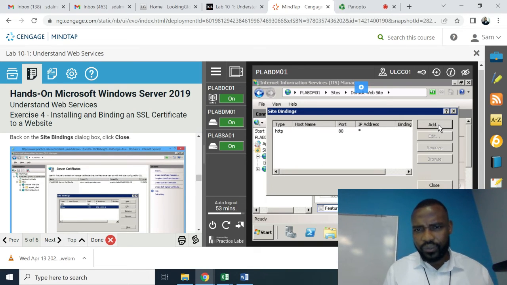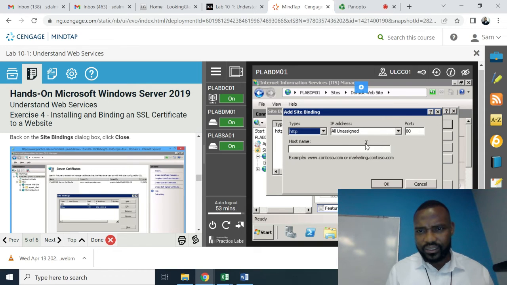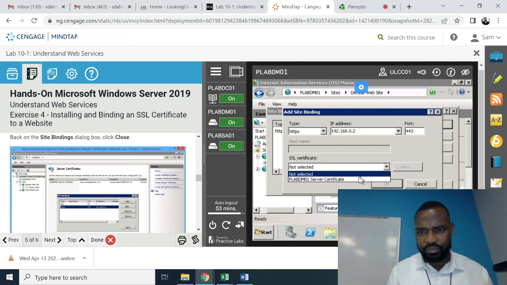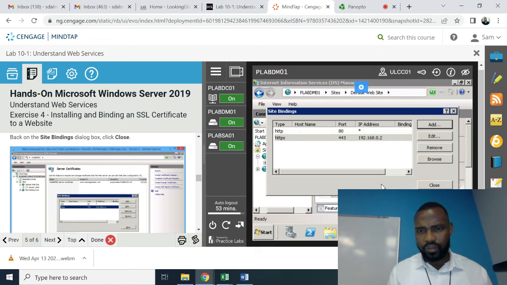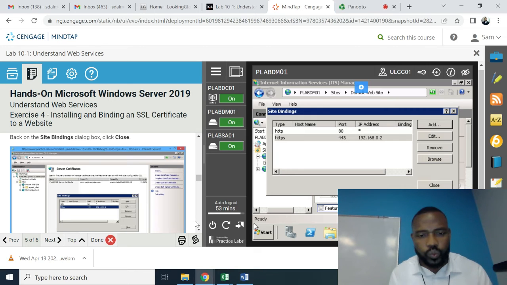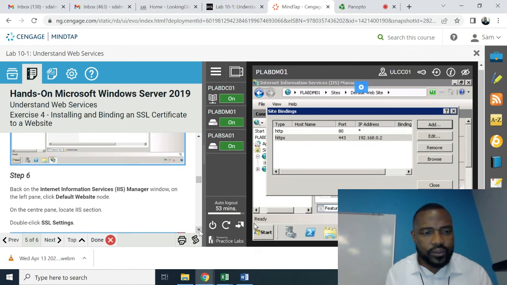So this is what we did. We went to add, and then we went to HTTPS. We went to the 192 IP address, and then here we selected the PLAB certificate, and then we clicked OK. Right? It's right there. Okay, next thing to do is